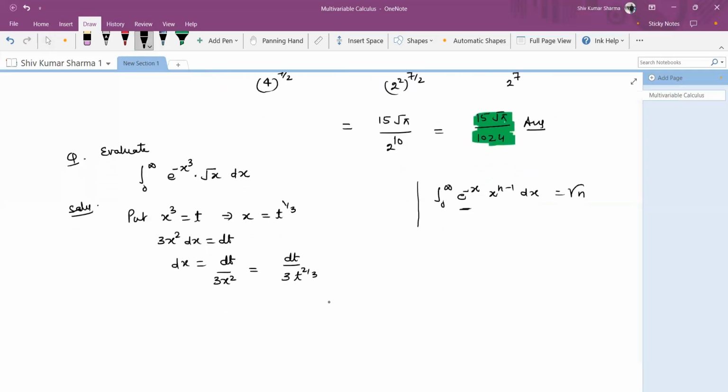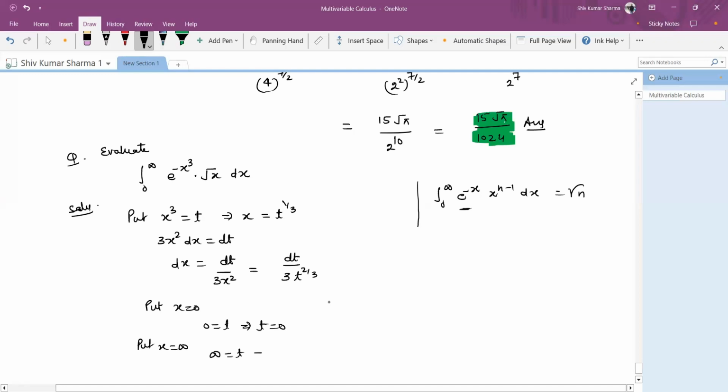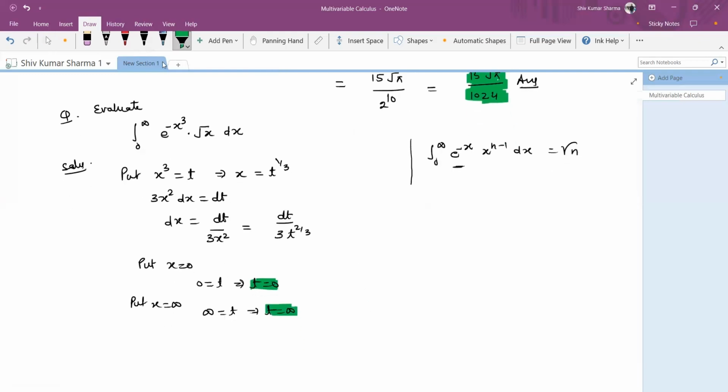Okay. Now when we talk about the limits, when we put x equal to 0, this gives us t equal to 0. And when we put x equal to infinity, the upper limit, t is equal to infinity. So the limits remain unchanged, 0 to infinity. Now we write down that integral in the form of t. So integral 0 to infinity e raised to the power minus t into root x,